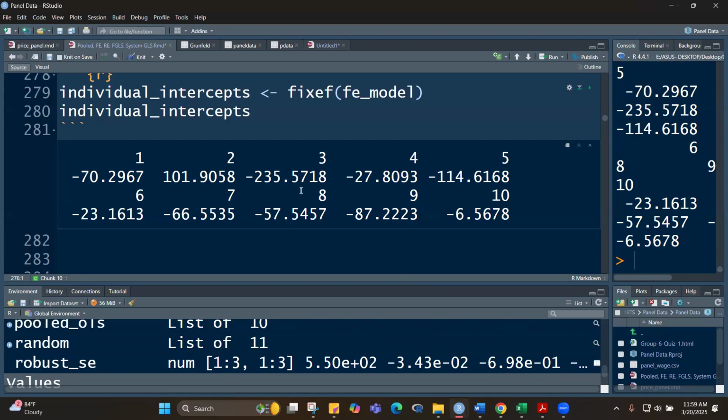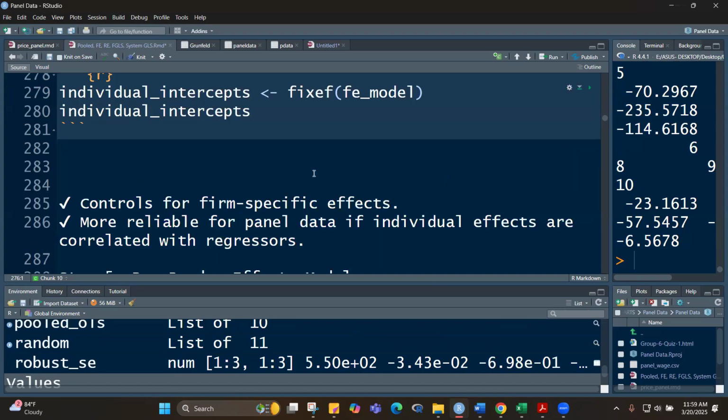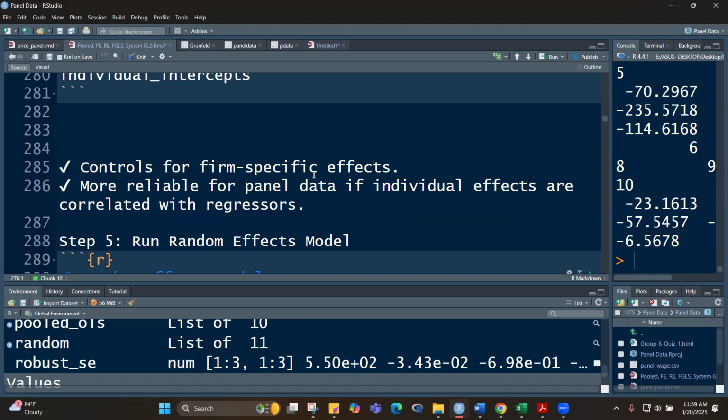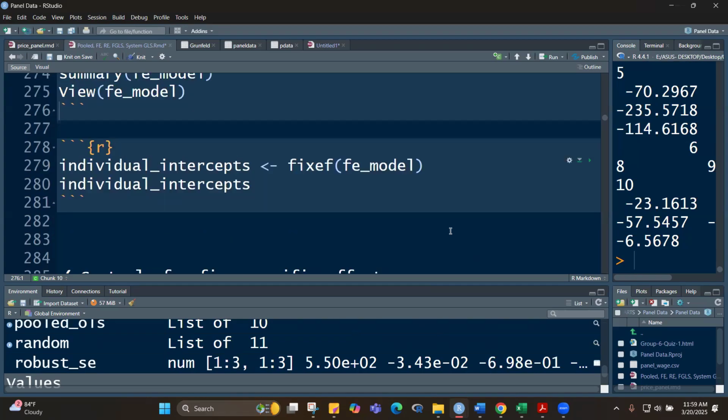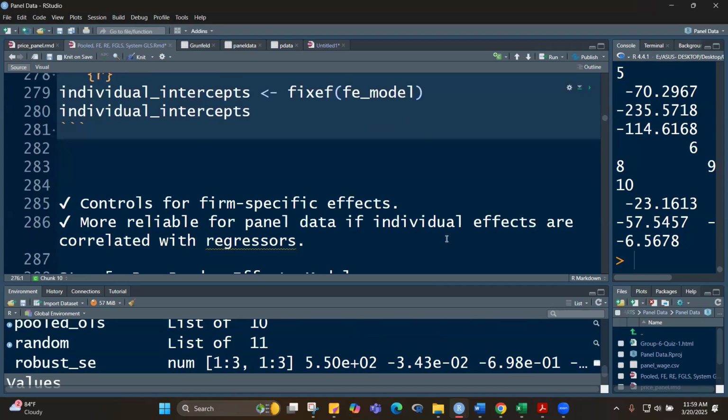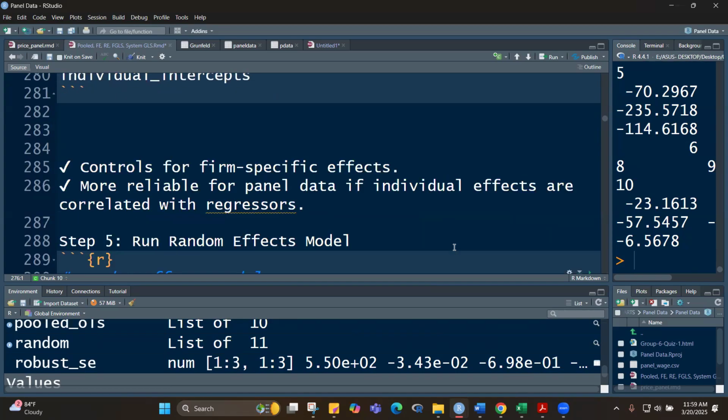But in the fixed effect model, we disregard this, and that's what we mean by controlling for firm-specific effects. We said last time that the fixed effect model is more reliable than our pooled OLS,